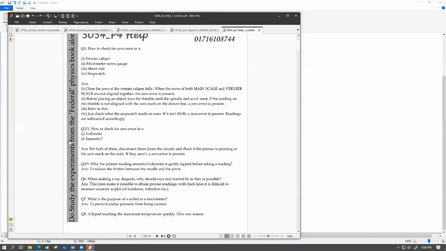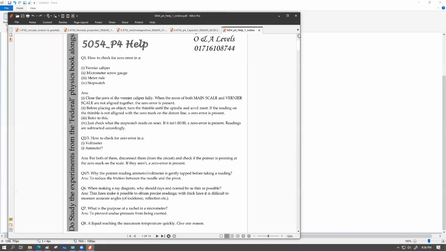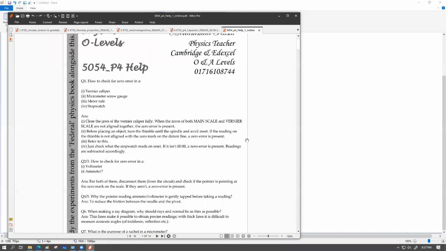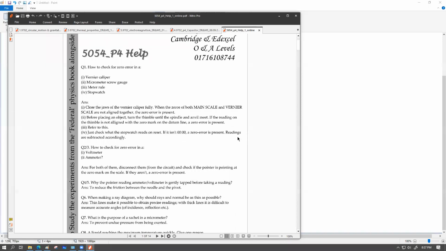To study the experiment from Federal Physics book. Alongside this, মানে হচ্ছে এইগুলা হচ্ছে তোমার P4 হেল্পের ওই যে থিওরিটিক্যাল কোশ্চেনগুলি আসবে সেই কোশ্চেনগুলি সলভ করার জন্য কিছু স্পেসিফিক হেল্প।